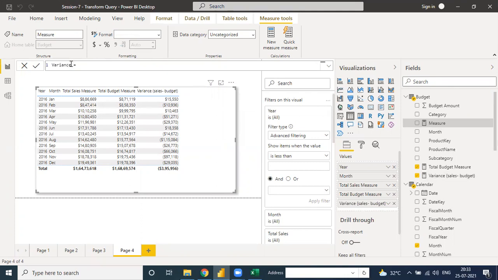Power BI is a business intelligence tool, so you need to think directly about the business. Variance percentage, how to create a percentage directly. This one is based on which? Sales or budget? Tell me. This percentage, sales minus budget, on the basis of which? Budget or sales? Tell me.